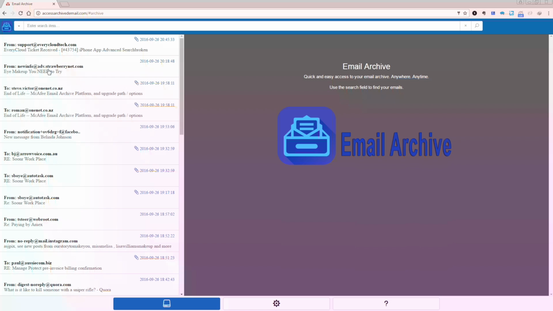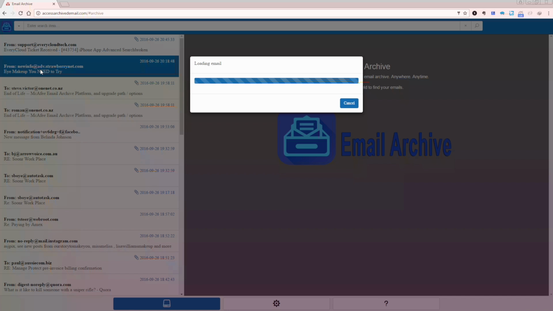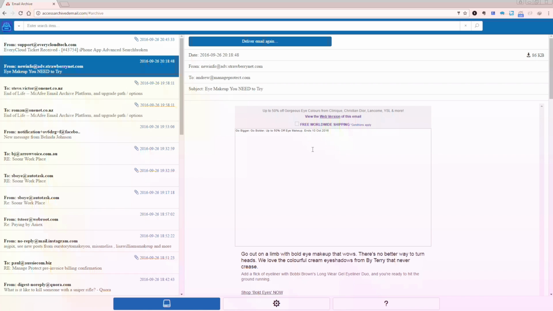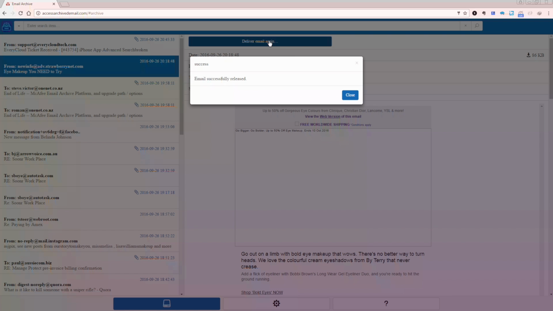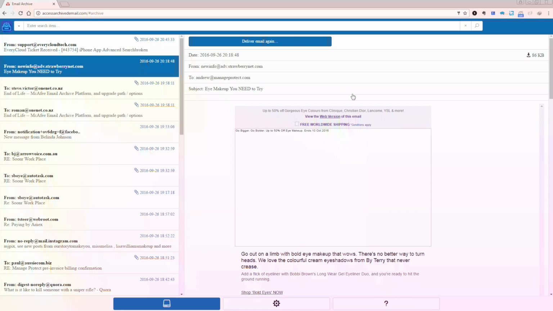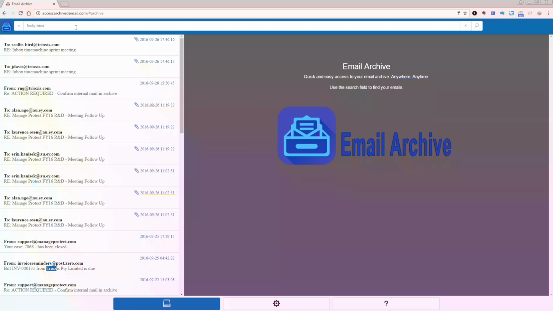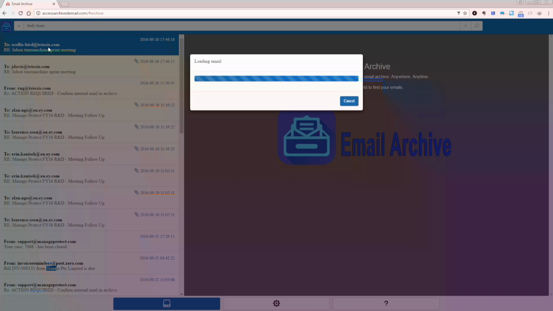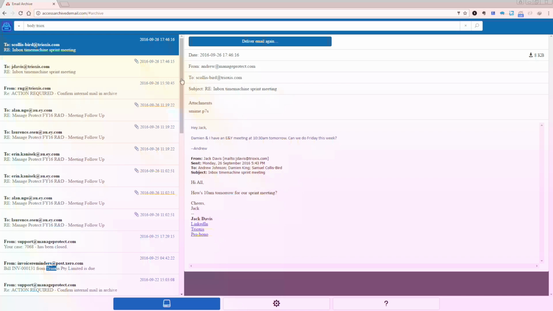I've got a message here which is from StrawberryNet. I click on that and I can view the message itself. I can click on deliver again and have the message resent to myself. The other things I can do is I can perform a search, and earlier today I was doing a search on Triox, so let's do that. And we can see here are some messages that I was looking for earlier. I can then elect to deliver that again,